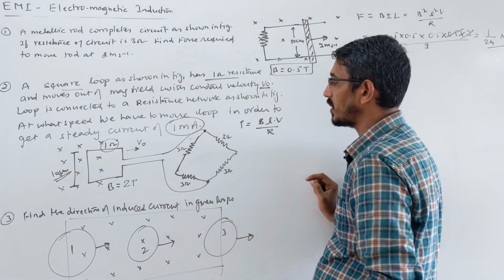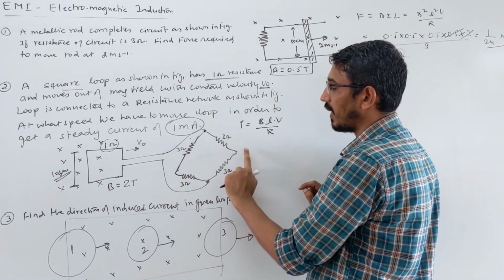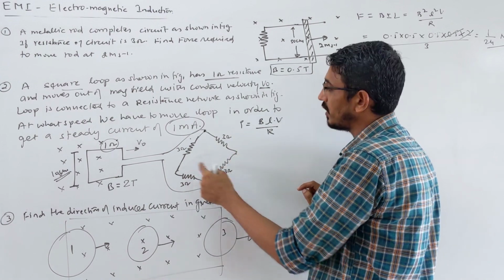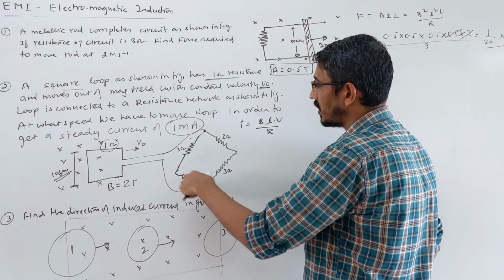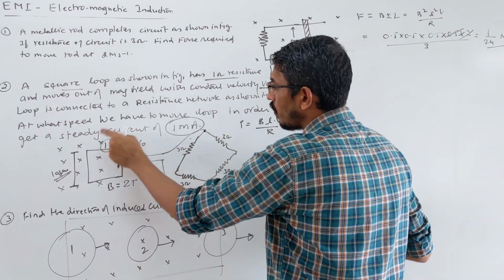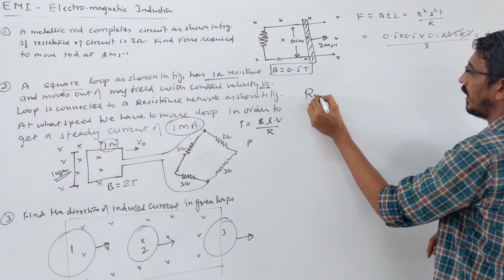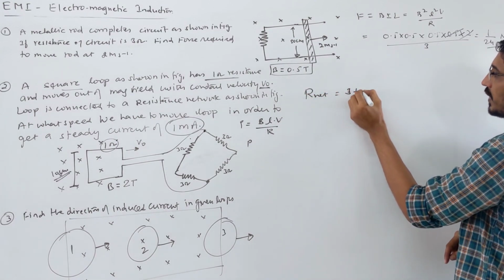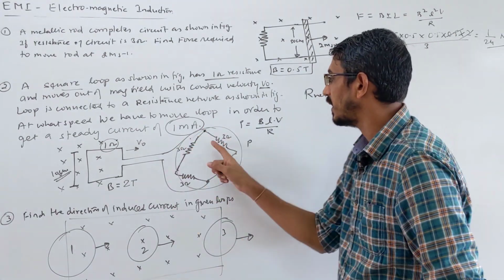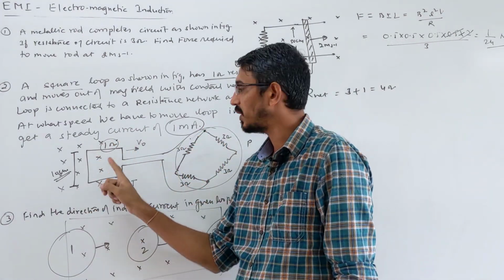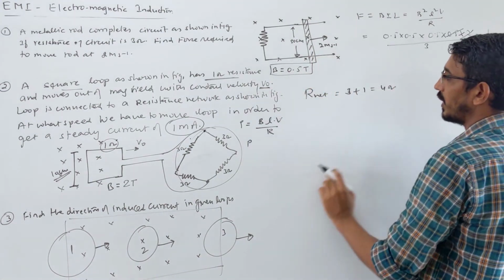I have removed it. Now look, it's very simple. These two are in series. These two are in series. Then they are in parallel. So 3 and 3 become 6. 6 and 6 in parallel, what is the answer? 3. So 3 ohm is the resistance of this network, and 1 ohm is this loop. So what is the net resistance we are talking about? 3 plus 1, 4 ohm. The 3 ohm network is connected in series with the 1 ohm resistance of this square loop. So net resistance becomes 4 ohm.